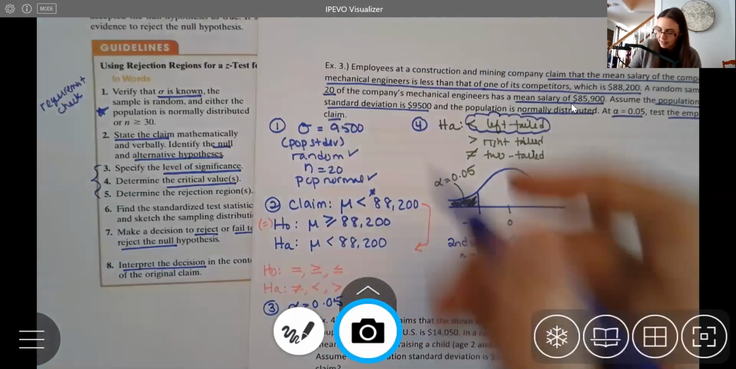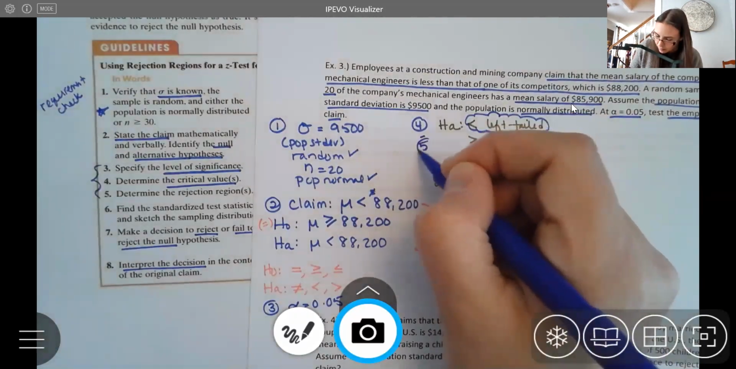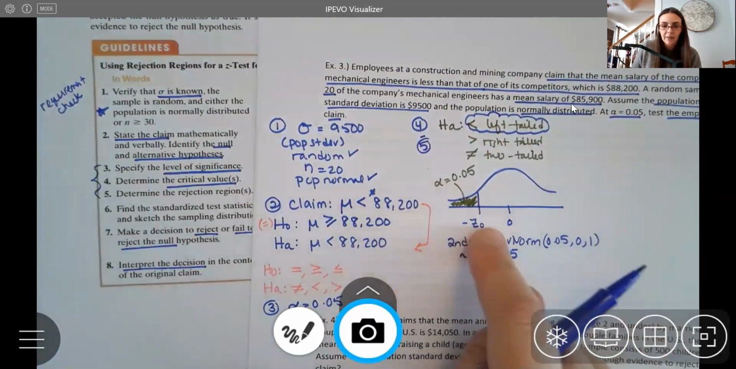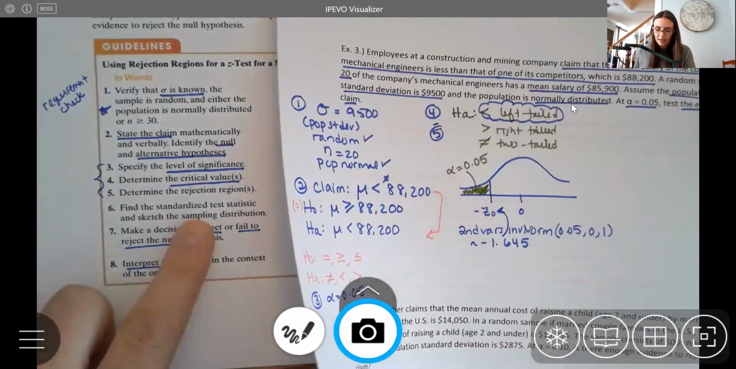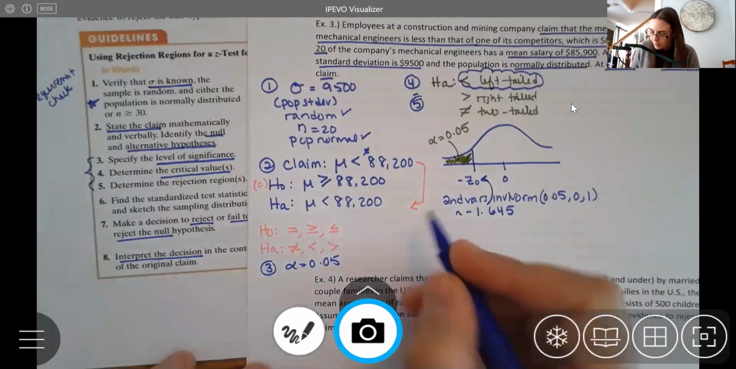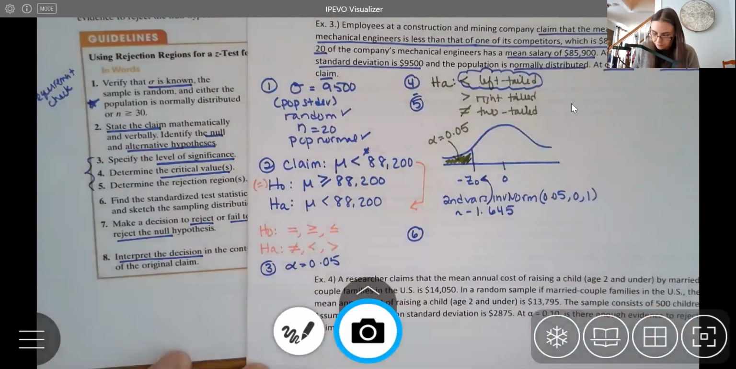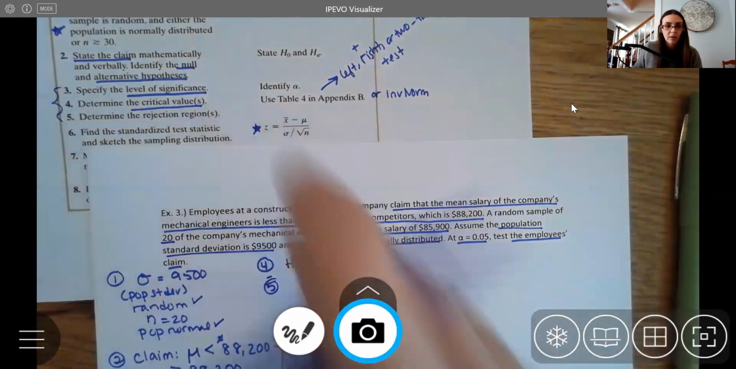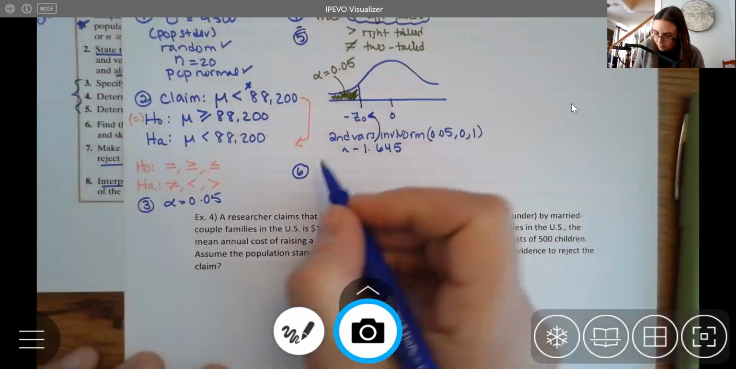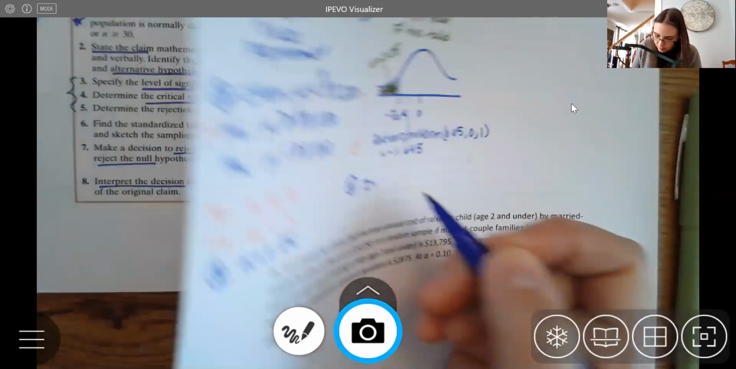All right, so we did steps 4 and 5 here, right? We determined our rejection region. We have our critical value there. And now we're ready to go ahead and find the test statistic. So step 6 is we're looking for the test statistic here. So I'm going to use this formula right here. So Z equals